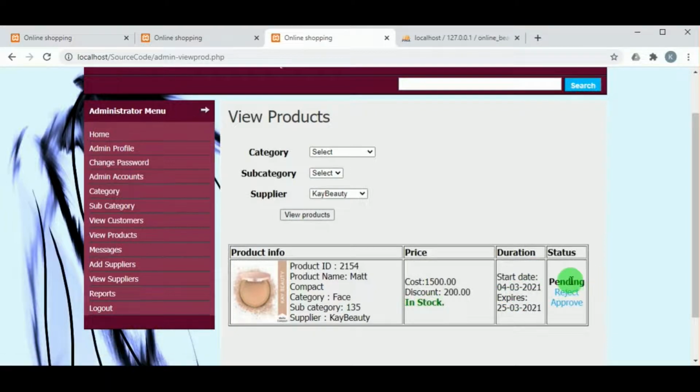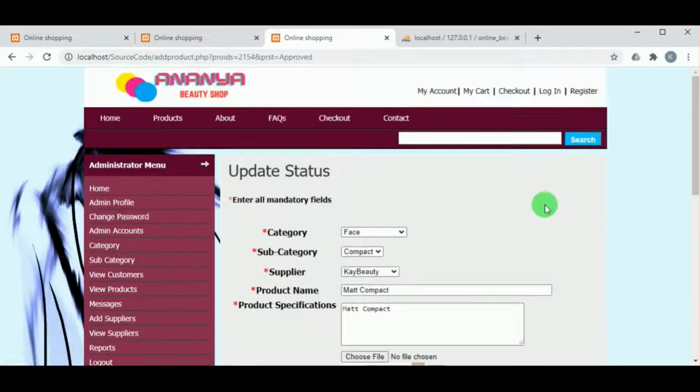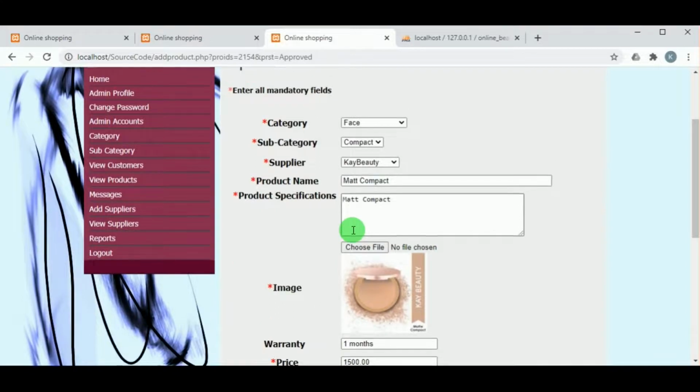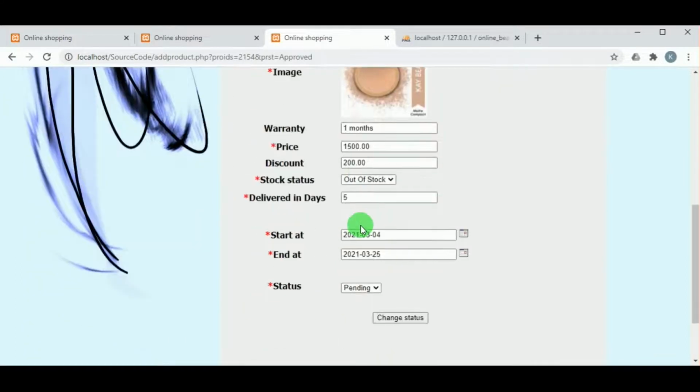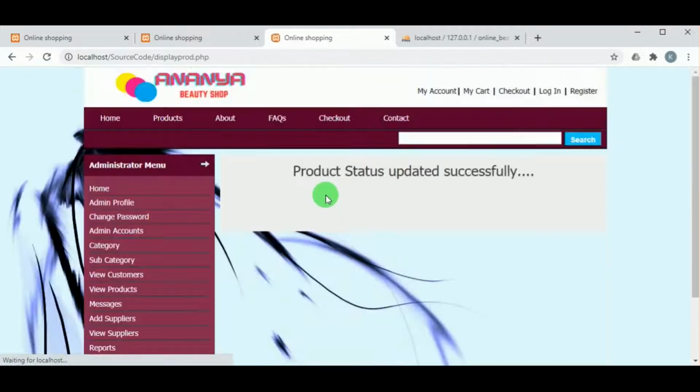You can see the status is pending. On clicking on approve, and by selecting the stock status as available as well as status as approve and clicking on change status, here the product will be updated successfully.